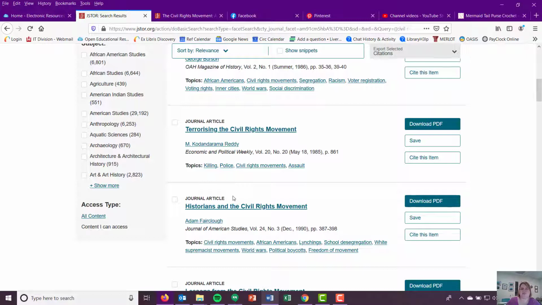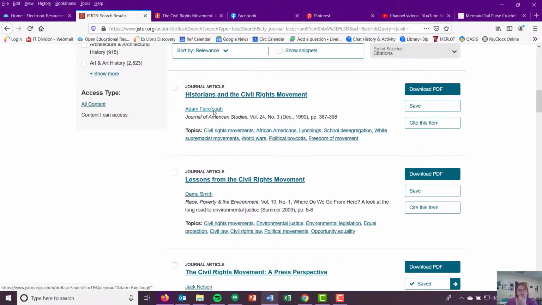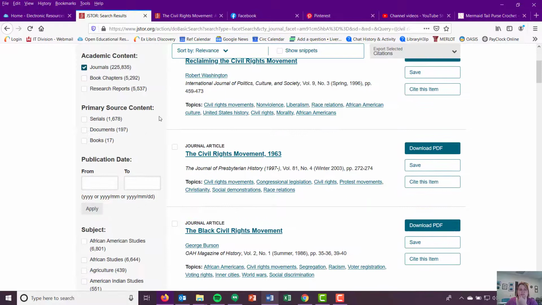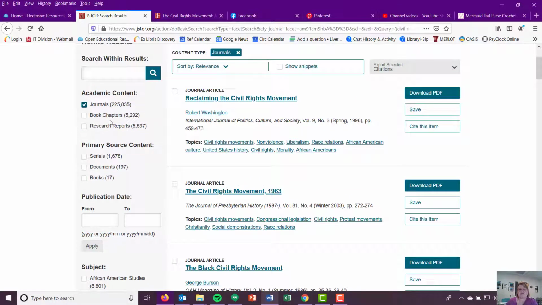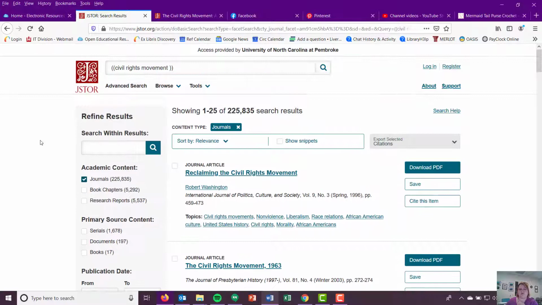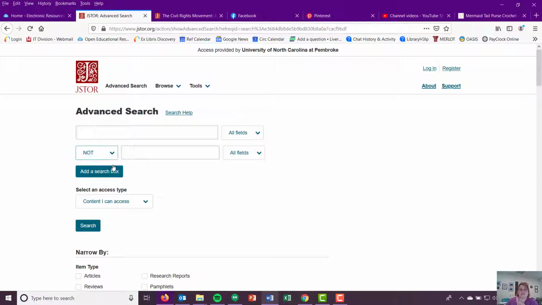This is where someone wrote a book about the civil rights movement, and then another expert or professor gave their opinion on that book. We've talked about reviews a bit in this class. You get a lot of those in JSTOR. If that's what's coming up, there are a few ways to get rid of that. Clicking journal articles can be helpful. Also, going back to your advanced search and saying NOT and putting review is one way you can weed out a lot of those reviews. That's not what you're looking for. You're looking for the primary original peer-reviewed research on this topic, not someone's book review.